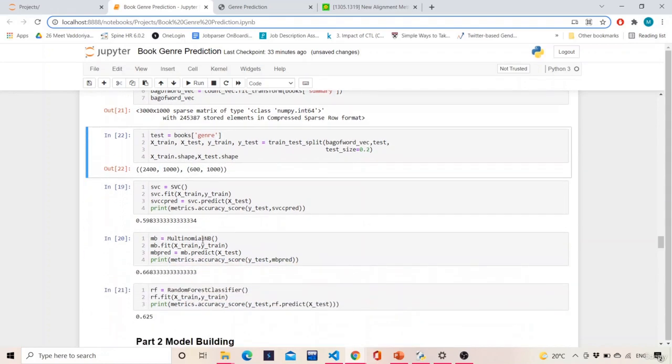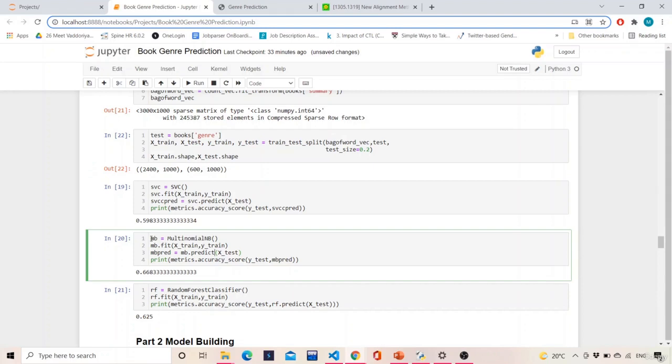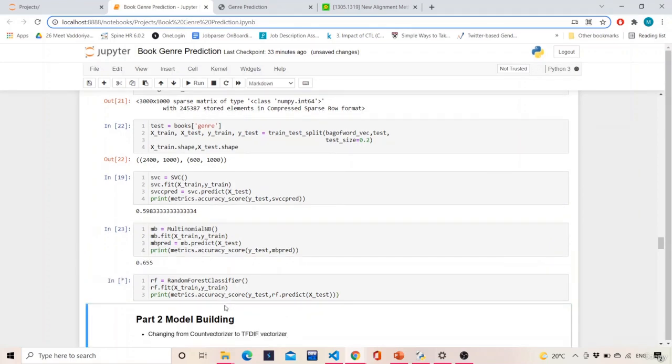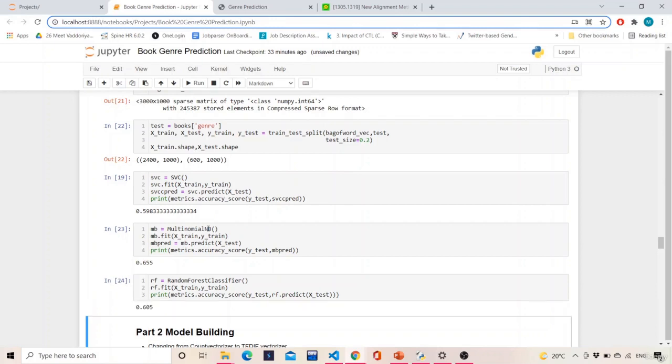Now we will try to fit some algorithms on this. Let's start off with multinomial NB, because this is very fast and works quickly on text data. It is giving me an accuracy of 65%. Let's see random forest classifier. It will take a little bit of time. The reason multinomial naive Bayes works well is it does not understand the context behind the scenes. It just works on the basis of counting. If these words are occurring more, these words will get priority, and then they will get some kind of distribution in the end.